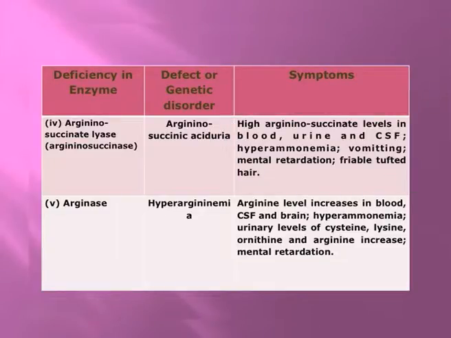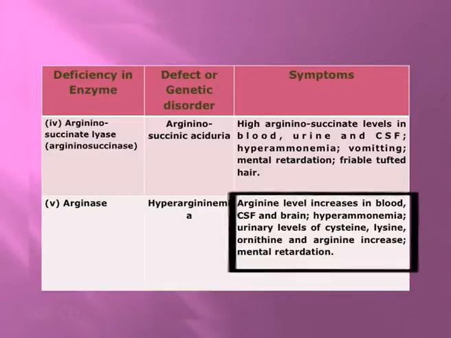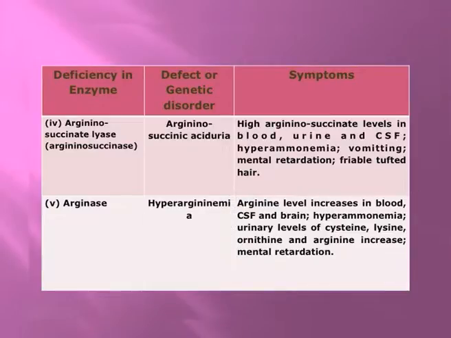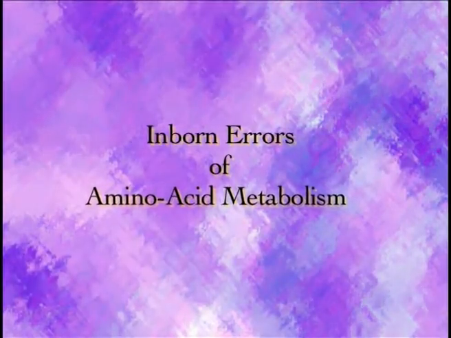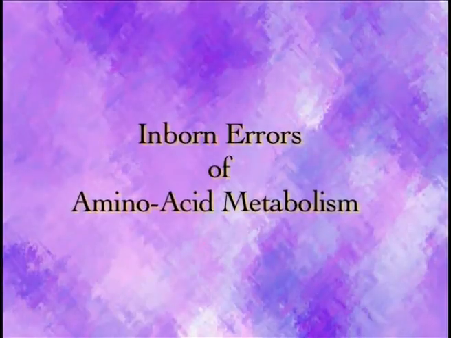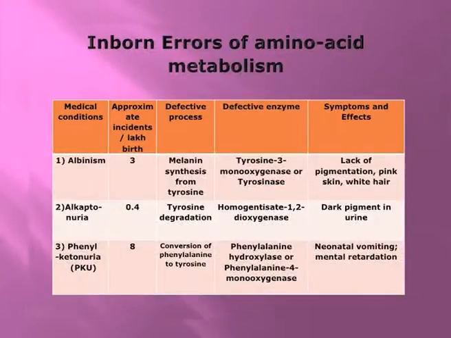And the last enzyme required in urea cycle is arginase, whose deficiency causes hyperargininemia. The symptoms include increase in arginine level in blood, cerebrospinal fluid and brain, and urinary levels of cysteine, lysine, ornithine, arginine increase, etc. It is already shown in the chart how the deficiency of different enzymes leads to different types of inborn